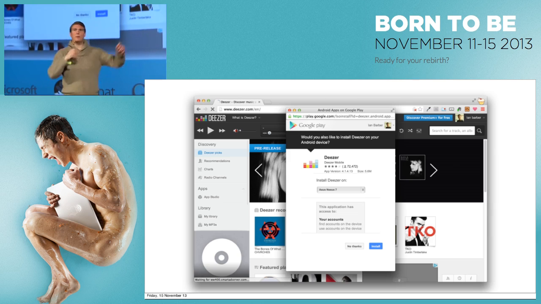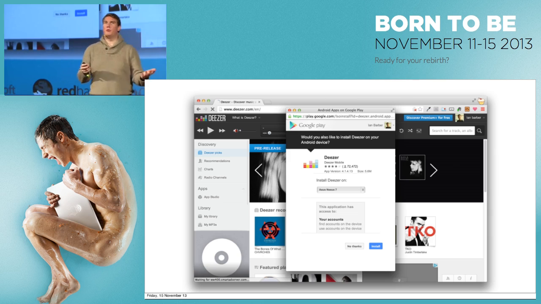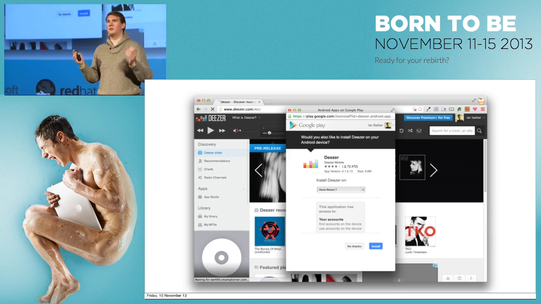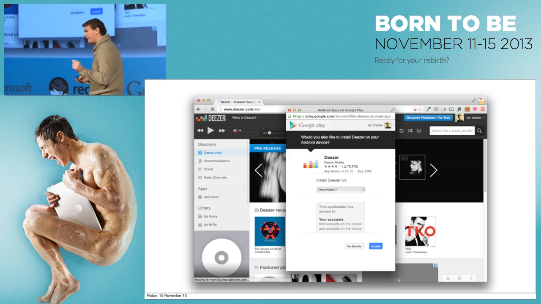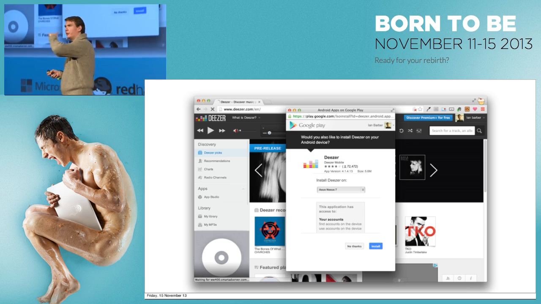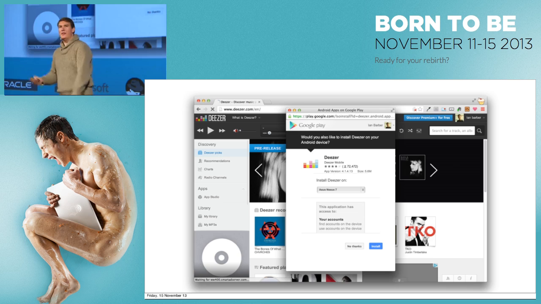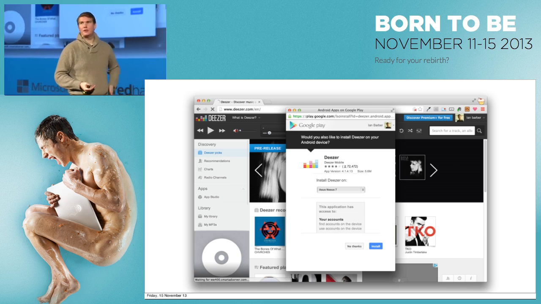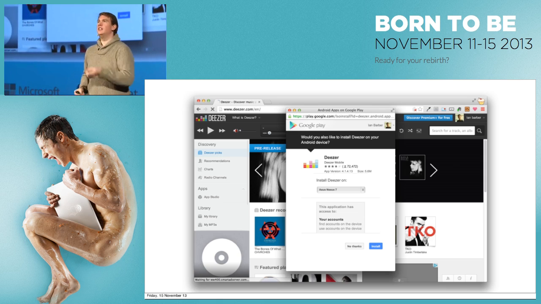Now, the nice thing about these two features together is they enable, but don't require, you to build an experience which is pretty special, I think. Which is you can have it so that a user signs into your site, gets this Android prompt, presses install, walks out the door, and then, halfway down the street, pulls their phone out, the app is there. They tap the app, and they continue what they were doing.